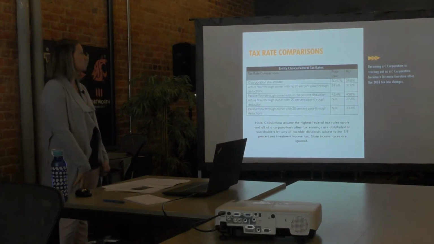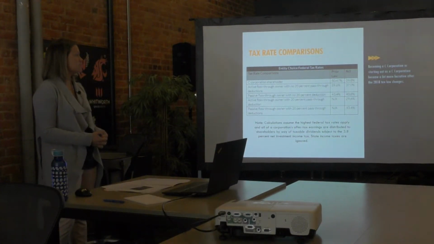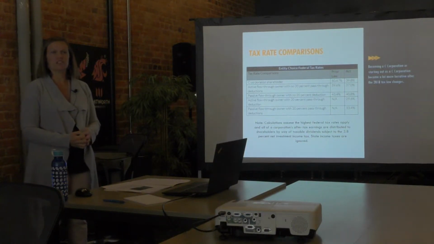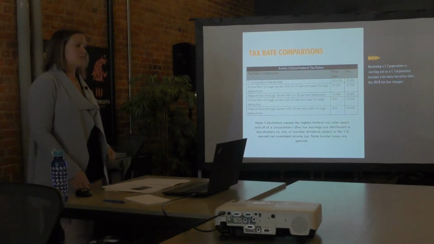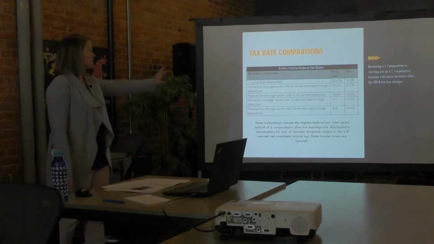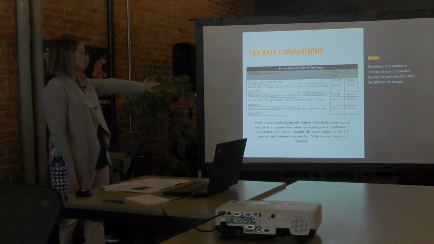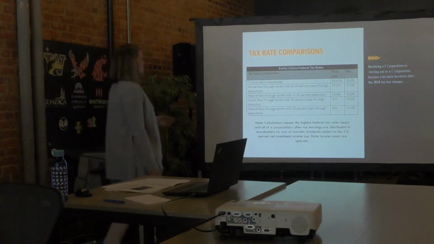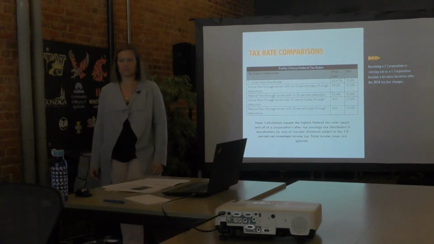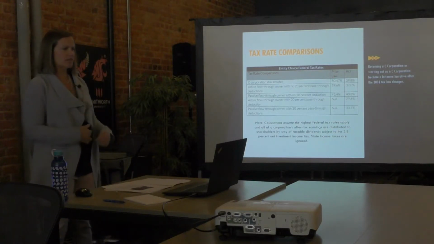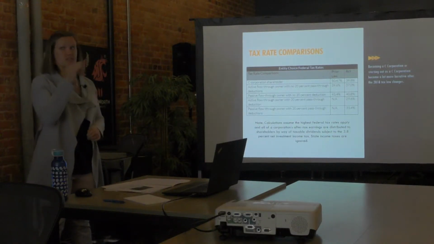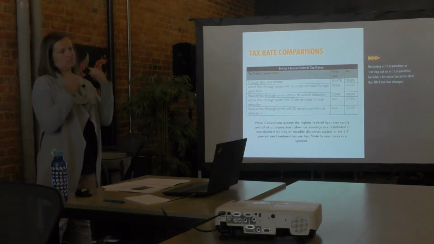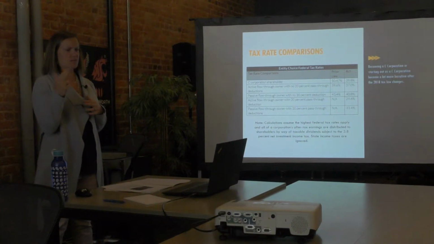Tax rate comparison. So back in 2018, there was the Tax Cuts and Jobs Act, whatever that was. It was the big deal that changed taxes. And so basically this is just a chart that showed the differences in what kind of entity you had and what kind of taxes you would pay. For a C corporation, the highest tax rate was I think 36%. It touched 36 and went back to 35. But it was graduated, so the first 50,000 was at 15%. Then the next 25,000 was at a higher percent, and it would go up and up.